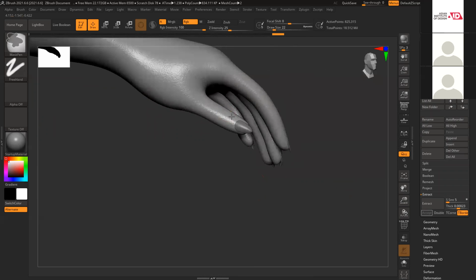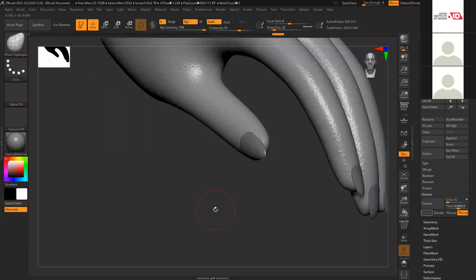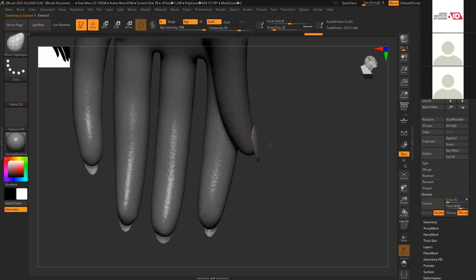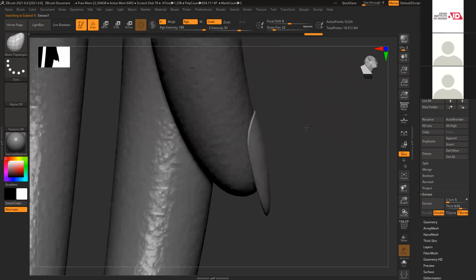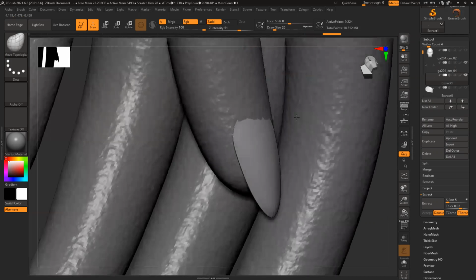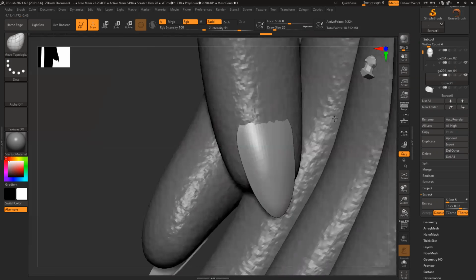So now I have to fix the hand. So hand, usually this nail goes inside the skin, right? So that thing I have to create. Push it slightly inside. No need to worry about that weird thing, I'll manage.